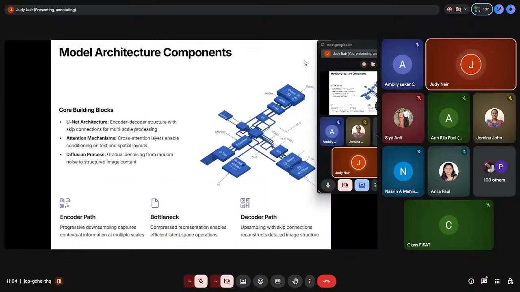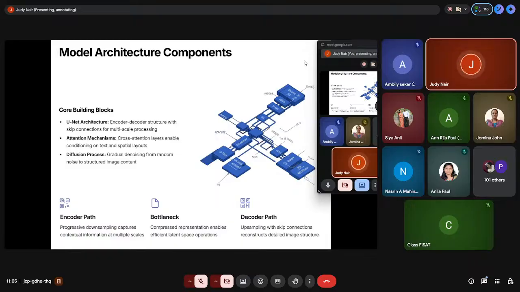Yeah, you can just see, this is the architecture of stable diffusion. I just wanted to mention stable diffusion because it is becoming the default latent diffusion model. It has become very prominent. Just as when we talk about transformers, we talk about GPT, it is the same way. So these are the components.